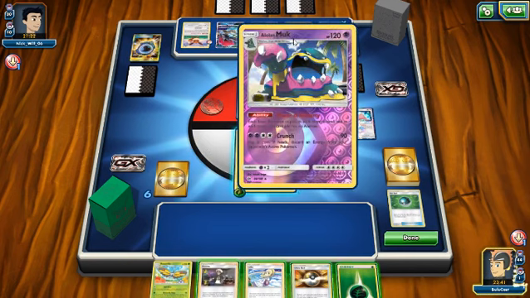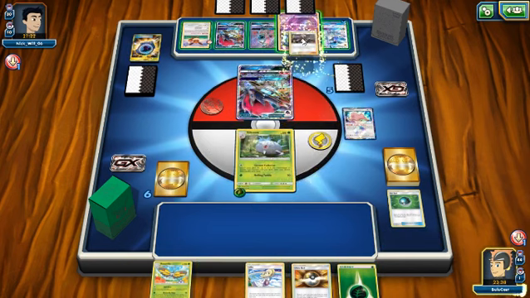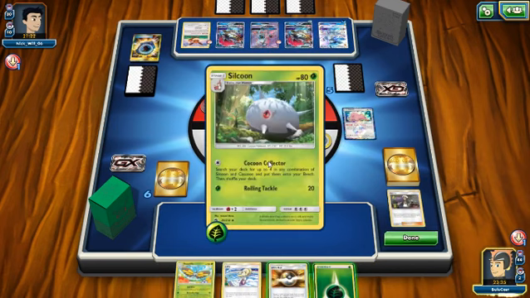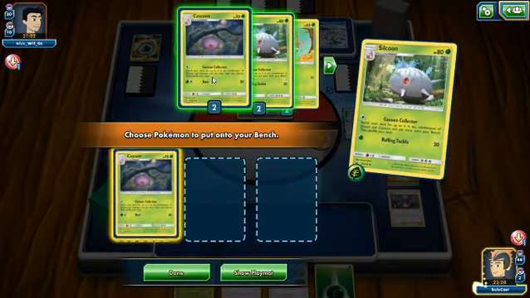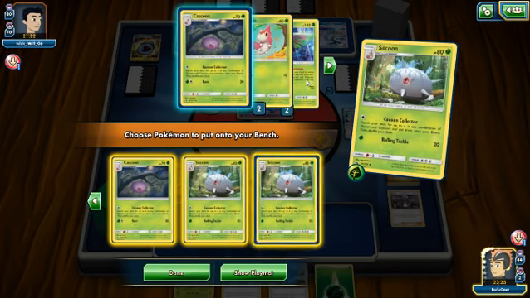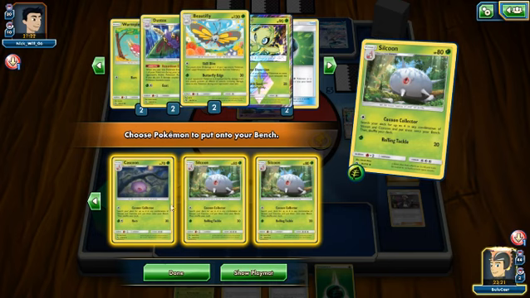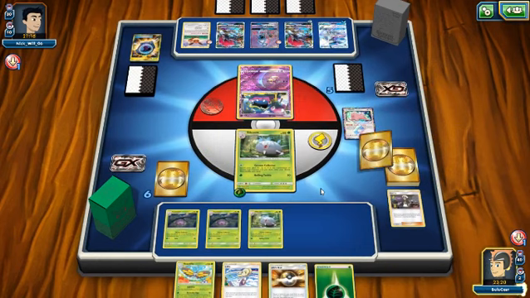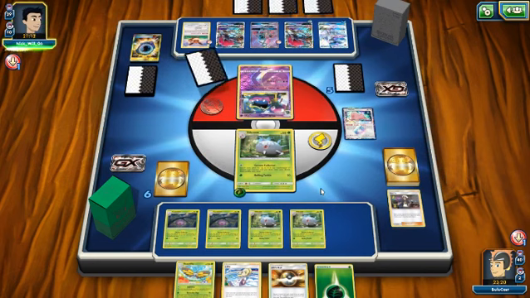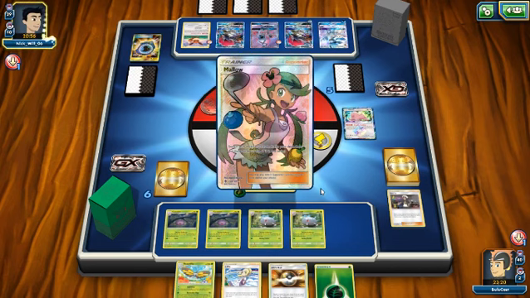I mean, yeah, let's just Guzma up the Muk. And then use Cocoon Collector. Let's take 1, 2, 3. Let's see, actually. Yeah, that's fine. Because if he can get that Muk out of the active, he's going to get a knockout on this Silcoon. We can evolve to Beautifly and attach and Lily, and then try find a